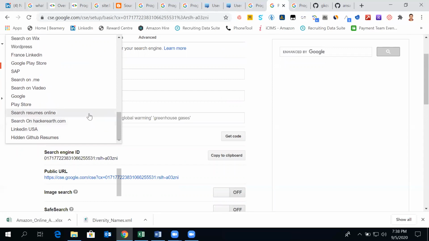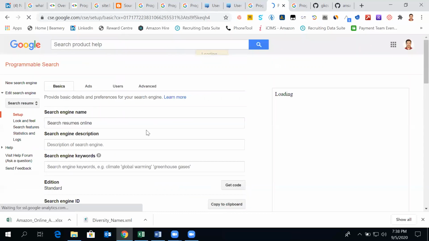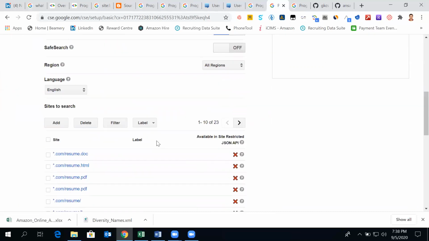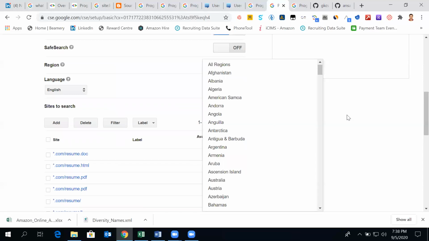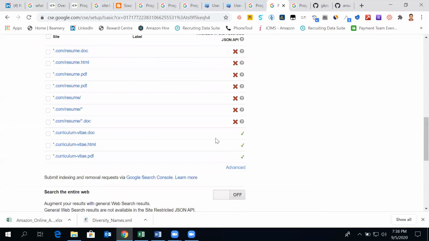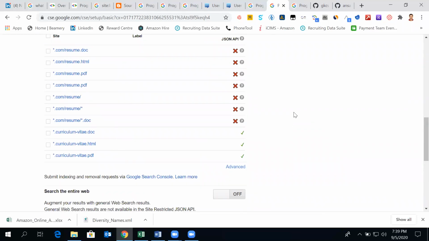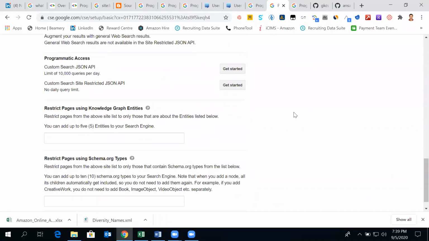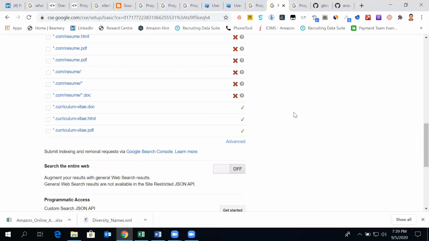Tell me. Under the refinements here, there is an option called region. Yes, this region. We can add that particular region, so it will show only for that country. If you add only India, then Google will try to identify documents created from the Indian region based on the IP and all, and it will give us the results only of India.